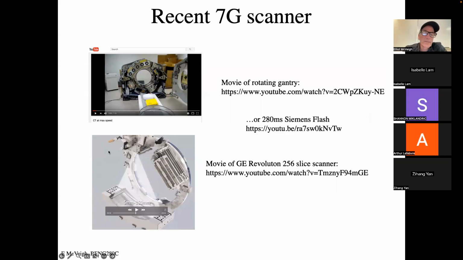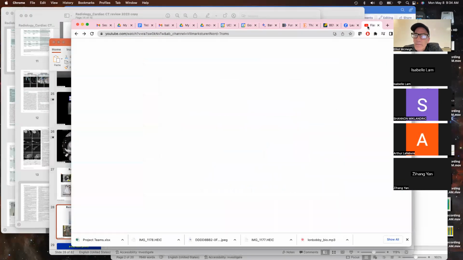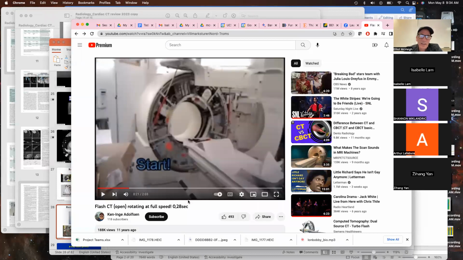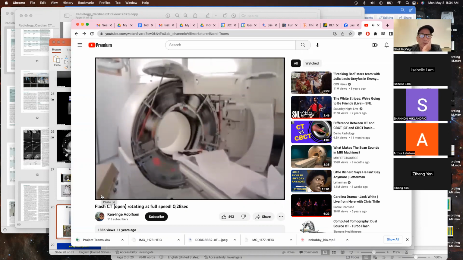Looking at some of the hardware that's out there, I think this is a Siemens Somatom. We looked at the slides for the GE. That's at this website. We can look at this thing spinning. If I get out of this, how do I get out of here? We'll watch this video quickly. Engineers have taken the covers off this scanner and they've just started it up. This is a Siemens Somatom Flash,